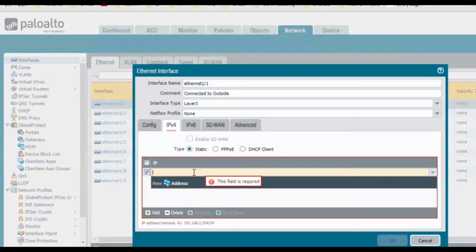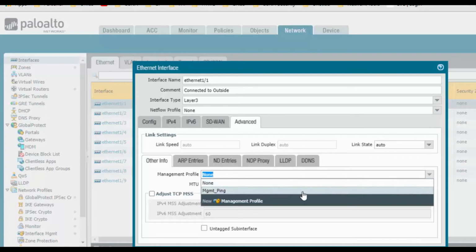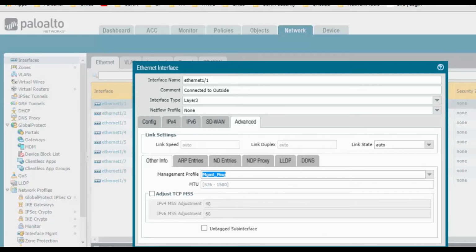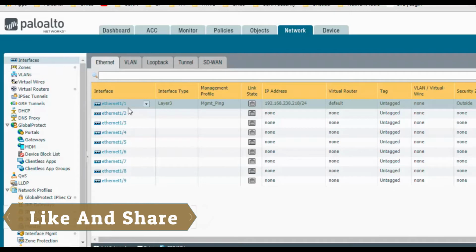As of now I will go with static. Later I will discuss the DHCP client. The address is 192.168.238.218/24. Go to Advanced and select the management profile we created, management ping, just for testing purposes. Click on OK. So we have configured the outside interface.